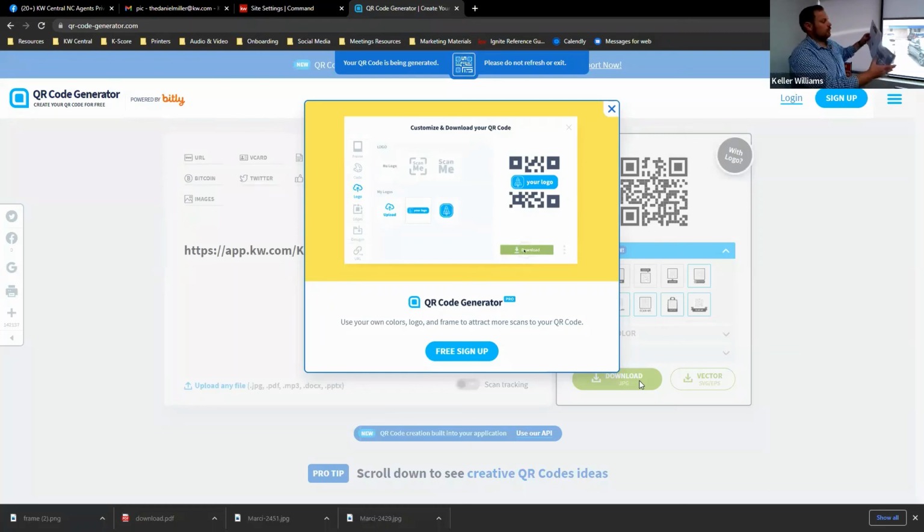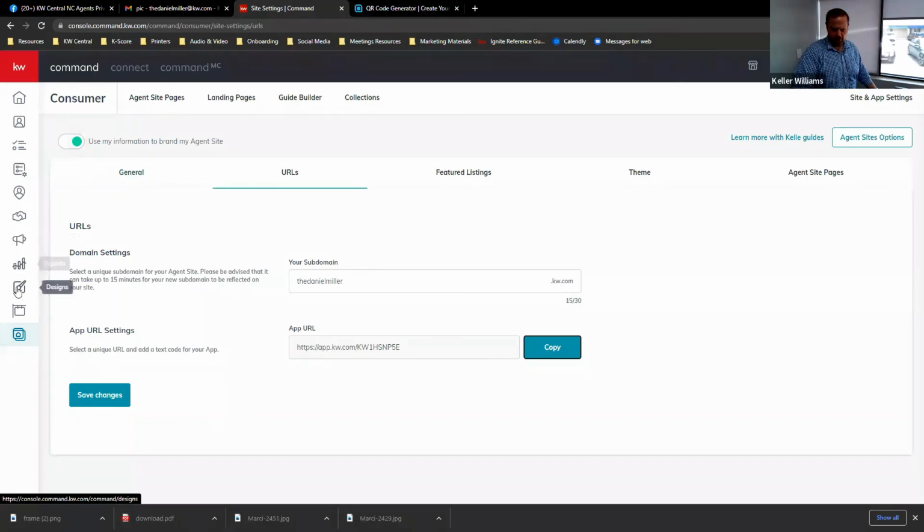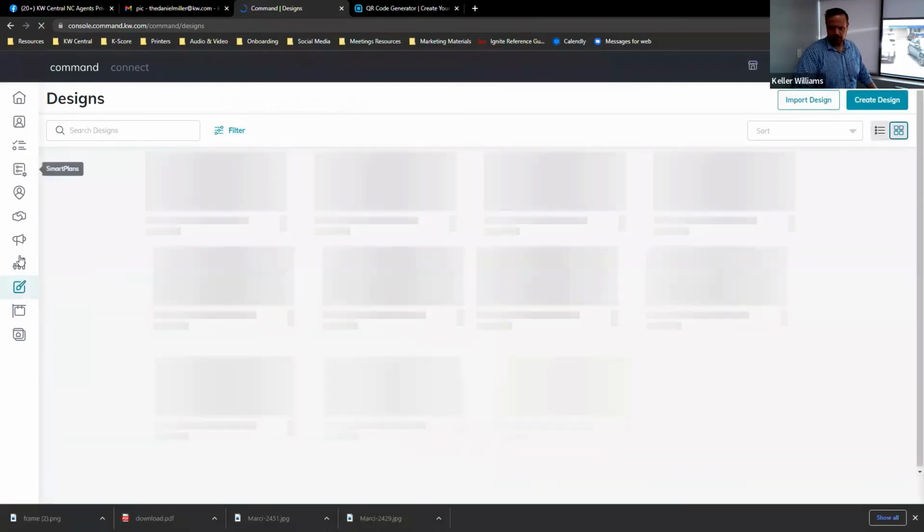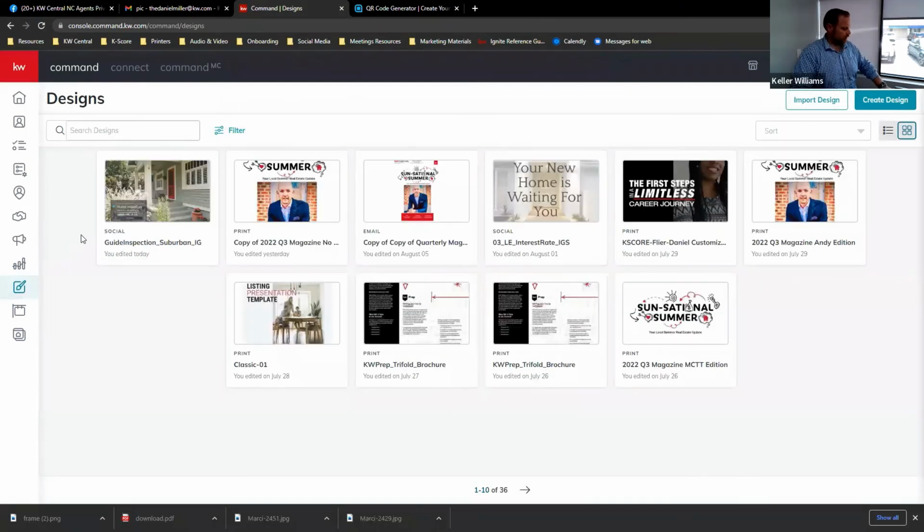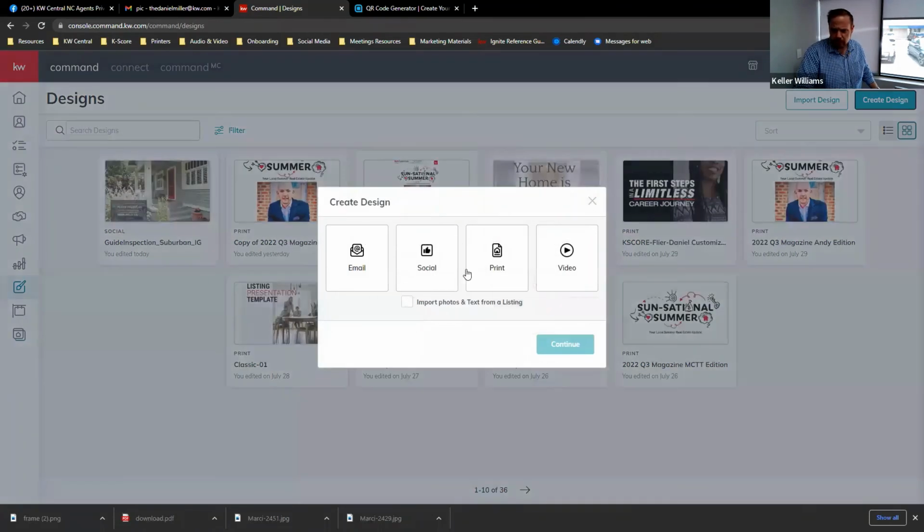Actually, this came from design as well. I think it's literally labeled as K-score. It may be labeled, let me look real quick. So I replaced one line of text, I think. You have to replace the logo and put in our phone number. That's all you have to do on that particular one. Let's see, creative design, print.